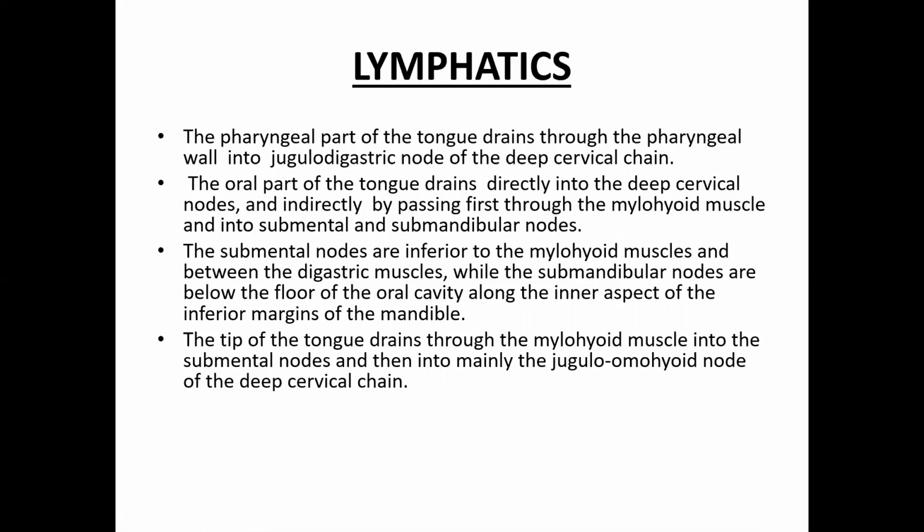Lymph from the root of the tongue drains bilaterally into the superior deep cervical lymph nodes, while from the medial part of the body, it drains bilaterally into the inferior deep cervical lymph nodes. From the right and the left lateral parts of the body, the margins of the right and the left of the tongue drain into the submandibular lymph nodes on the same sides. The apex and the frenulum of the tongue drain into the submental lymph nodes. Ultimately, all the lymphatics drain into the superior deep cervical lymph nodes via the jugular venous trunks.